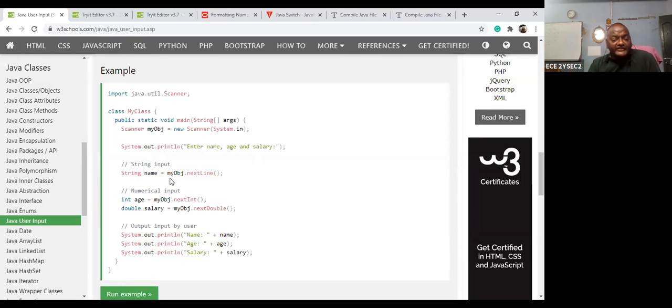So first you are entering the name, then age, then salary.